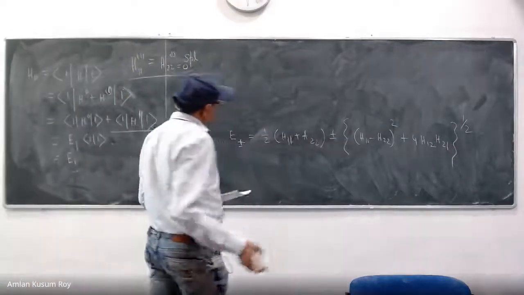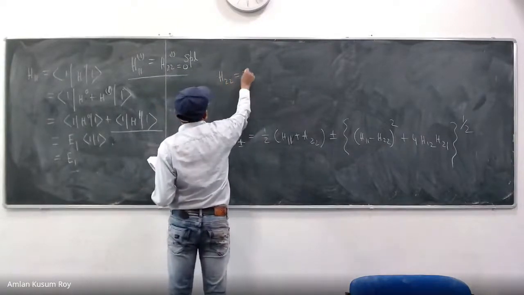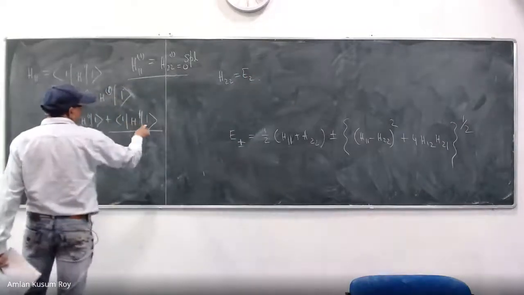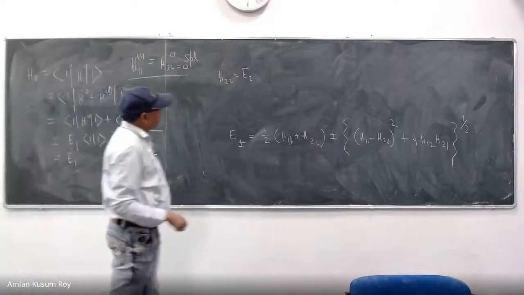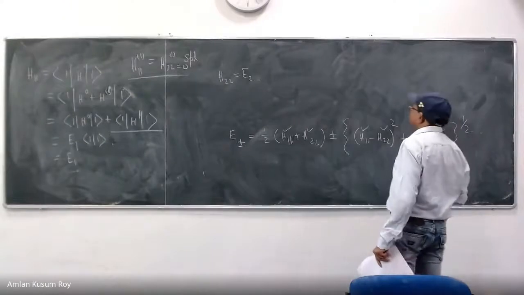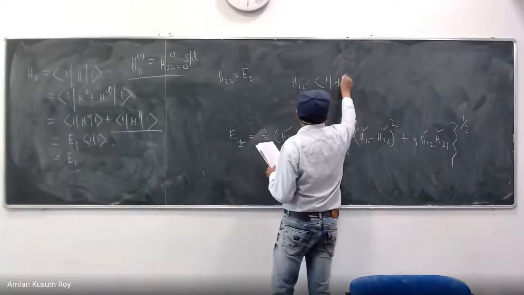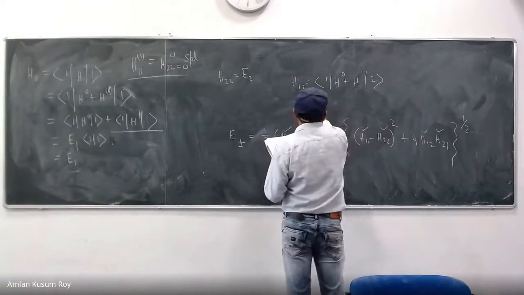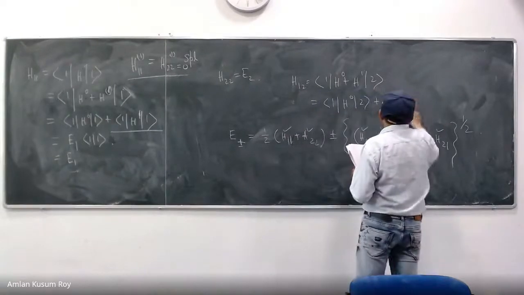So I am having something for H22. If you work it out, it will also be like this, because you will also have 2 H prime 2, which I have said to be 0. So you will also have only E2. So H11 done, H22 done. What is H12? H12 is equal to 1 H0 plus H prime 2, okay, so I can write that 1 H0 2 plus 1 H prime 2.